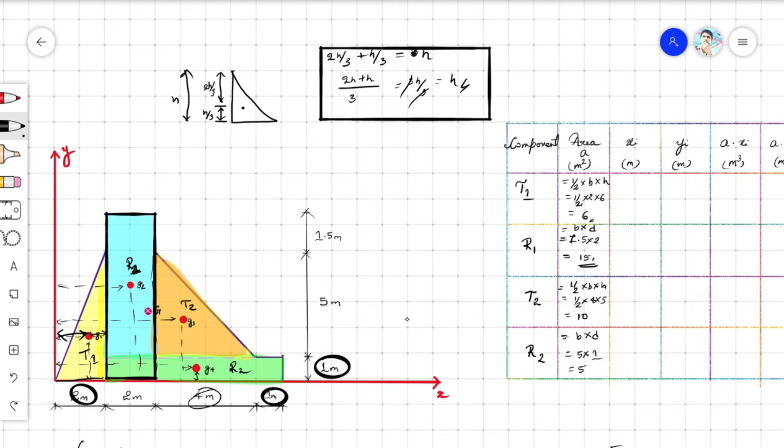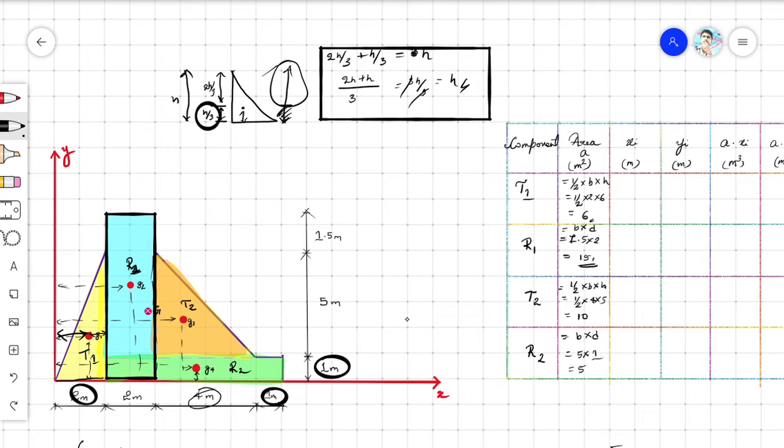Or if you have a problem with the memorization, if you remember only this part, h by 3, that is also enough. Whatever the total length comes, the total length minus this part gives you the remaining part. So here also we do the same, we directly take it out.